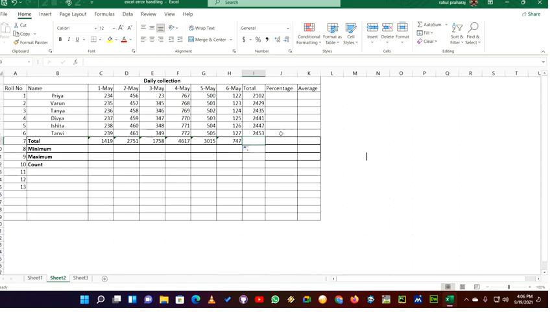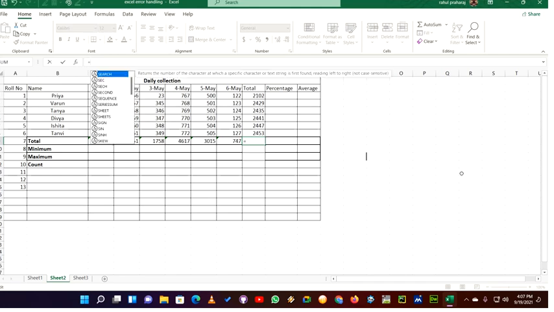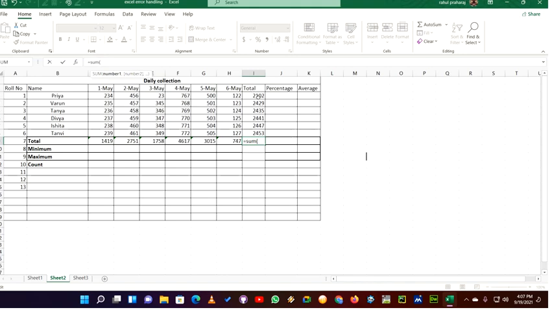Now here what we are going to do is take the total of all the students' collections together. It would be a summation of that particular column. That's the total column. So we are going to see all the students' collections by clicking on that particular column and dragging till last. It is the I column. You can see here, as I have selected from I3 to I8, and I'm pressing enter, and you see this is the total. So we are going to highlight this in order to use this data for the percentage.